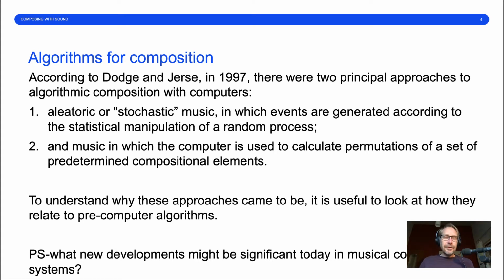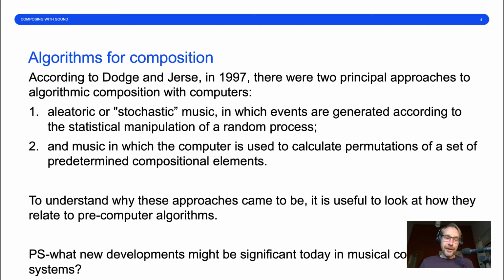So thinking about the idea of algorithms for composition, we can look at Dodge and Jerse's classic text in computer music from 1997. And they said that there are two principal approaches to algorithmic composition with computers. The first is aleatoric or stochastic music, in which events are generated according to the statistical manipulation of random processes. So these are unpredictable or random processes that produce the sequence. Once the algorithms are put in place, it's difficult to predict what the sound of each iteration of the performance